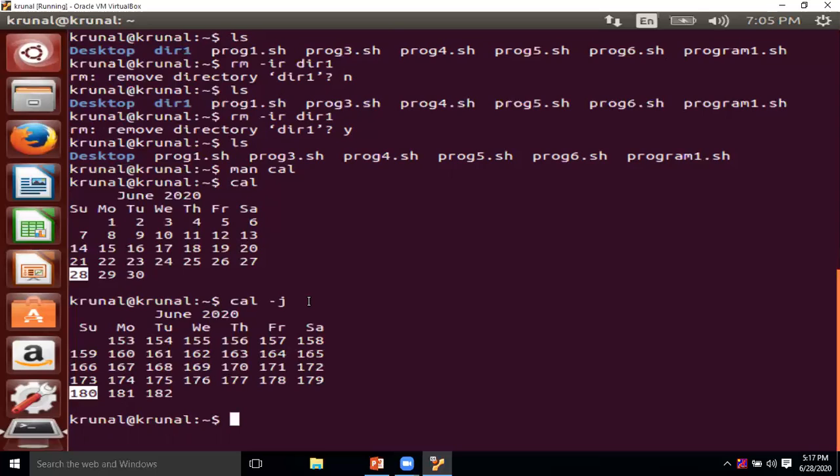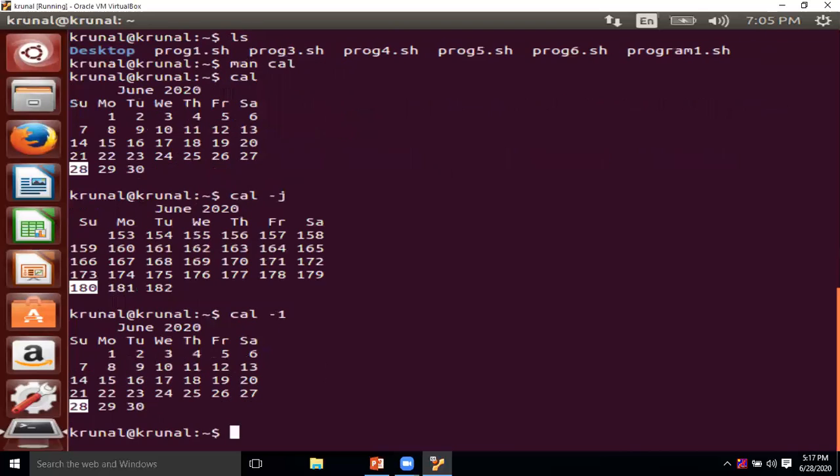There are other options with the cal command. For example, if you press cal -1, it shows the same output as cal without any option, which we have already seen. Now there are other options, like cal -3.